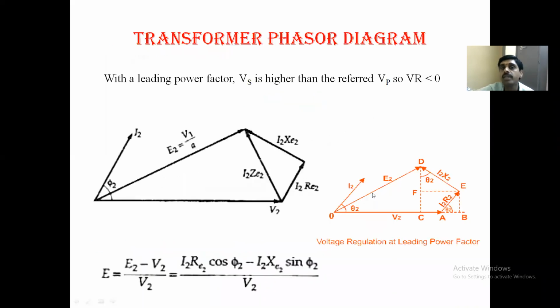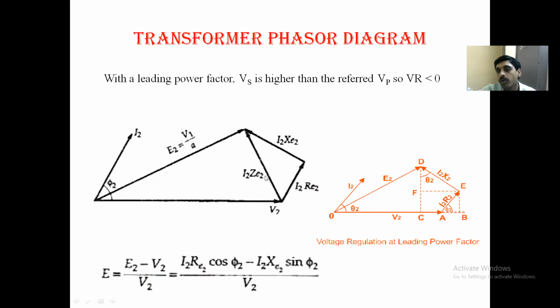Coming to the leading power factor load, you have to draw like this. This is V2 as a reference. Current is leading with respect to V2 by an angle phi 2. This is E2, or V2 naught. In parallel to I2, you will write I2 R02. So parallel to I2, you have to draw this line, and at 90 degrees to this, I2 X02. So this is the resultant, I2 Z0. The difference between these two is I2 Z0.